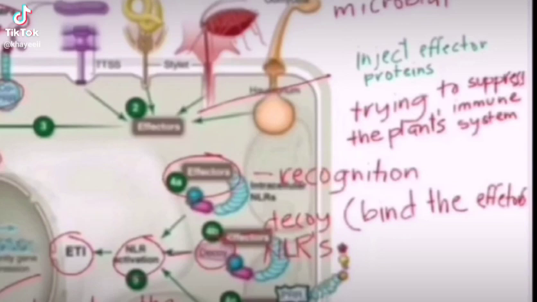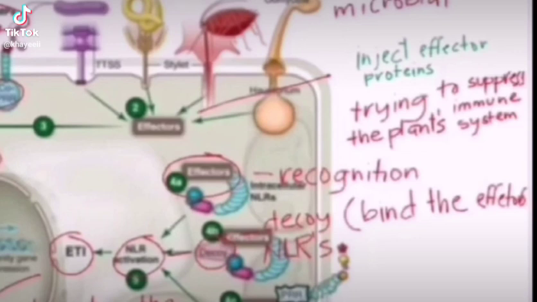Effectors can manipulate plant hormone pathways, often to the pathogen's benefit. For example, they might promote the production of hormones that suppress plant defense or promote the pathogen's growth. Next is mimicking plant proteins. Some effectors mimic the function of plant proteins, interfering with normal cellular processes and hindering the plant's ability to